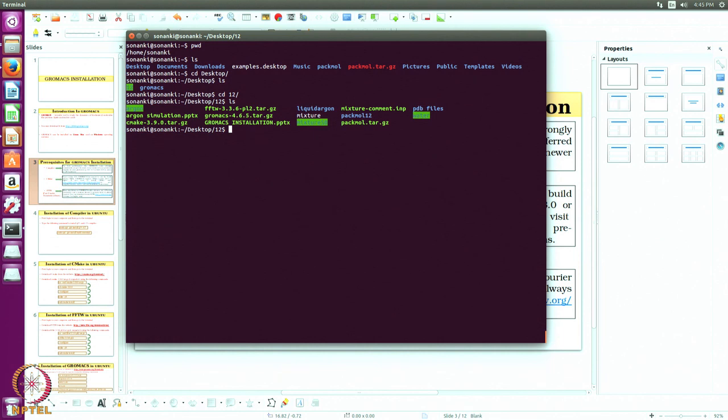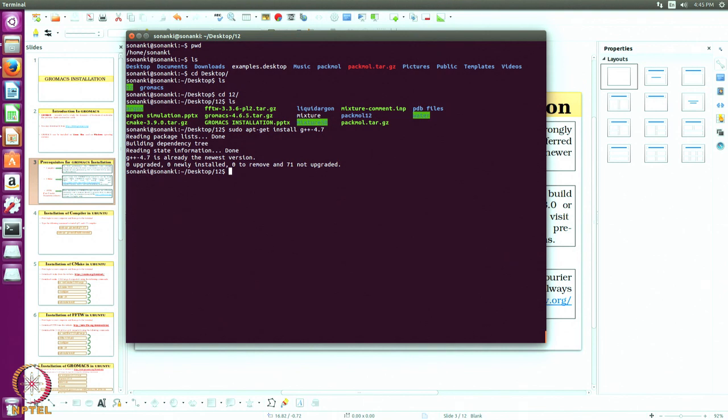So now to install GROMACS, we will need a compiler. To install the G++ compiler, we have to type the command sudo apt-get install g++-4.7. 4.7 is the version. When you type it, it will already show 0 upgraded, 0 newly installed, since it is already installed in the machine. If it is not installed, it will ask for the machine's password to install it.